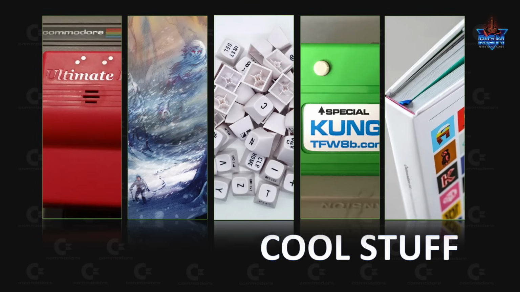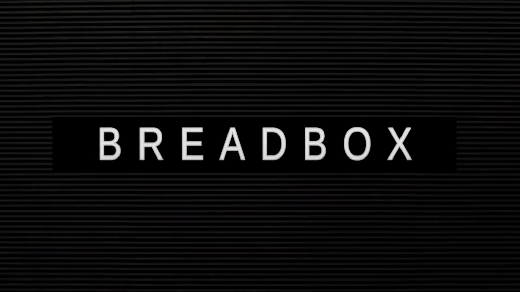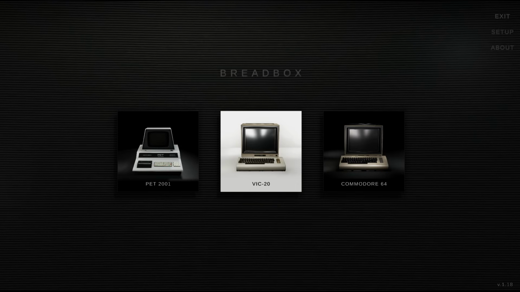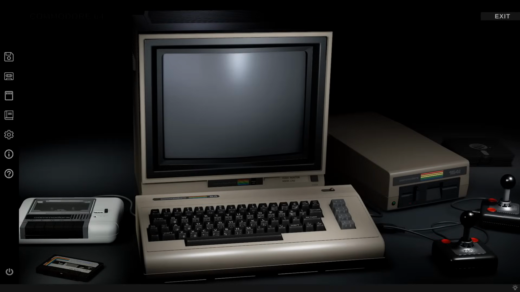Time for some more cool stuff where we take a look at Commodore 64 related items outside of the usual games, demos and pixel art. Breadbox for the Windows PC is a Commodore-themed computer virtual simulator that currently accommodates the PET, VIC-20 and C64 machines. The application tries to recreate the essence of sitting in front and interacting with these machines, and given that many RGN viewers do not actually own or use a physical setup, I thought it would be interesting to take a